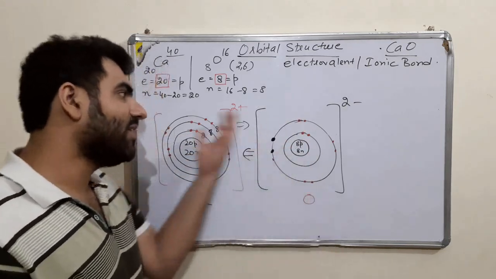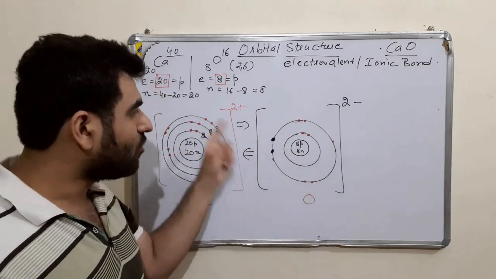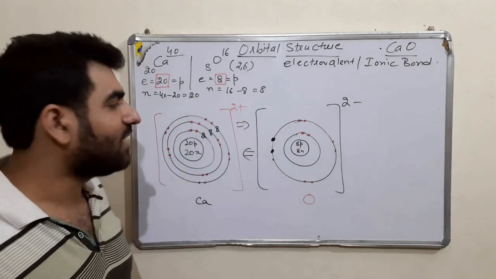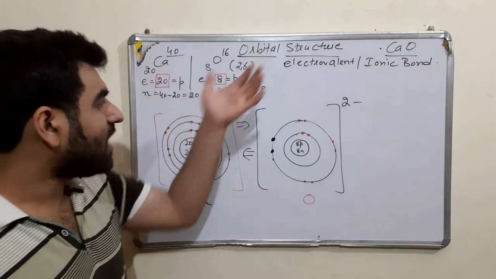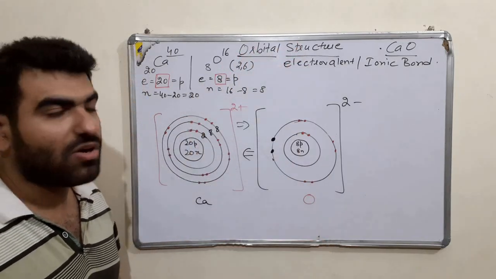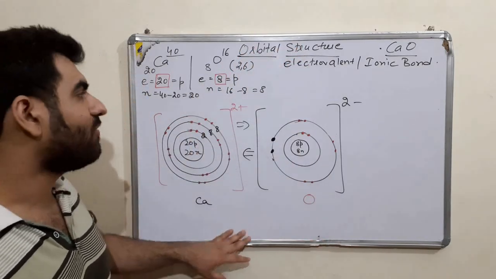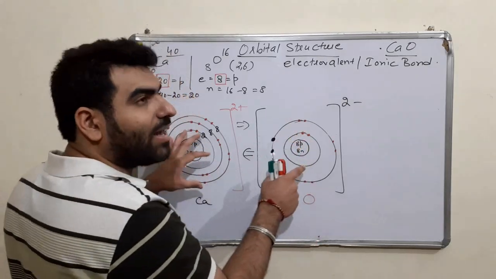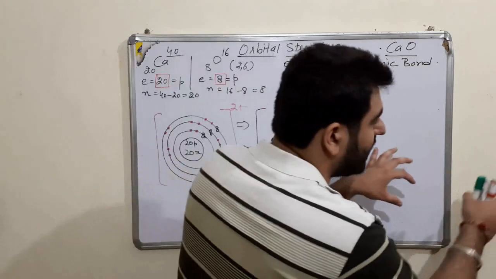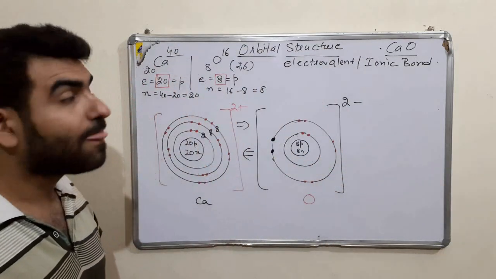This is the right hand side. The left hand side was the previous one, where you show the transfer of electron, and this is just the right hand side. Alright, so this is how you can draw the orbital structure. This is a very tedious and time consuming task. First you'll have to draw one diagram before transferring, then after transferring, then you'll show these forces.